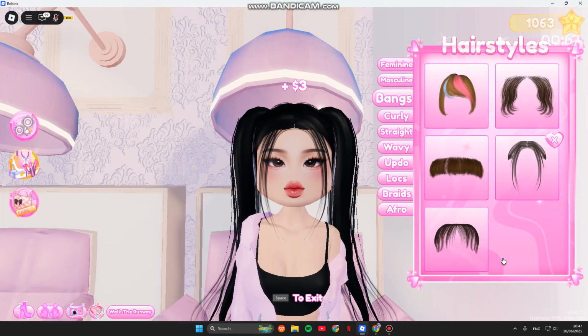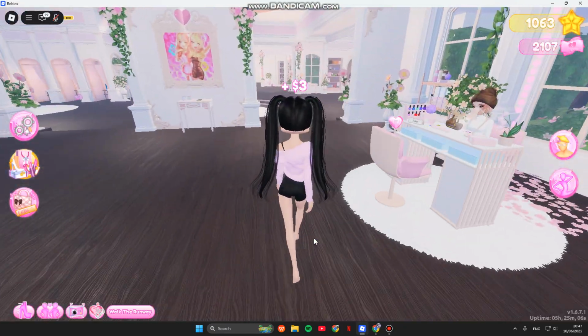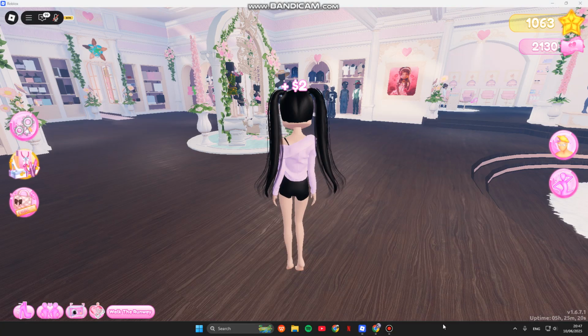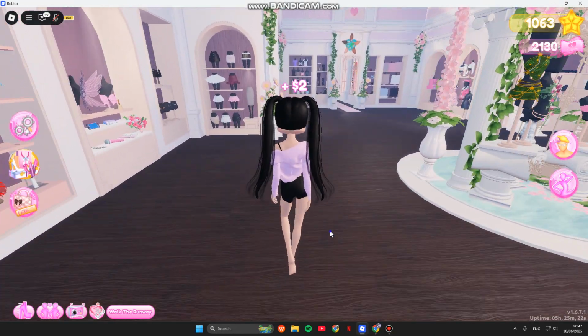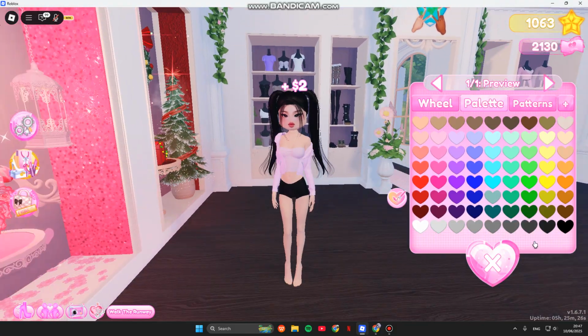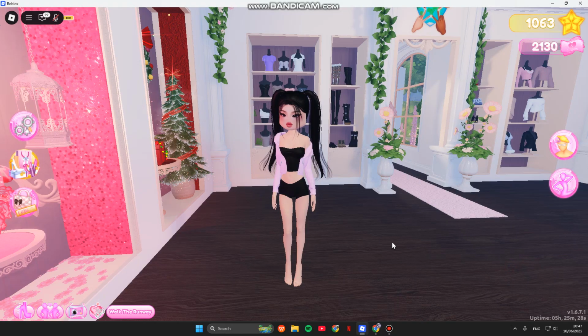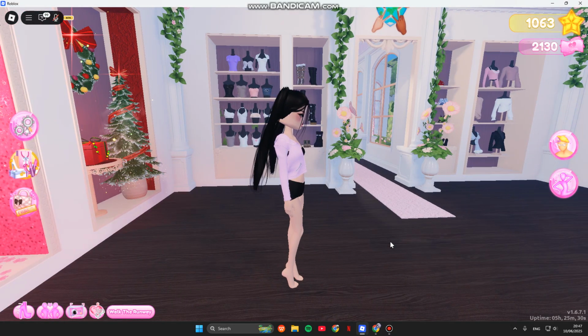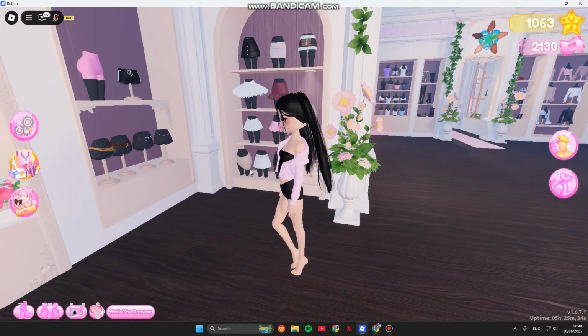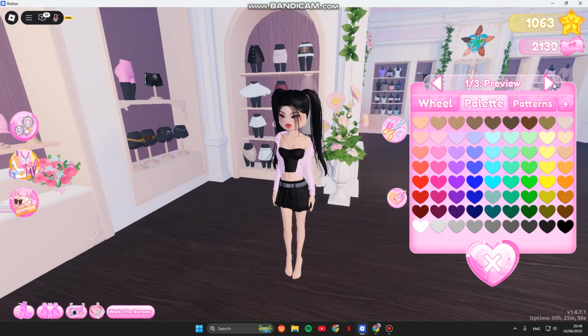make the color the same, and then let's start with the other items for the outfit. So I'm going to put on this top, change the color into black, and here I'm going to put on these skirts, make the color black including the belts,